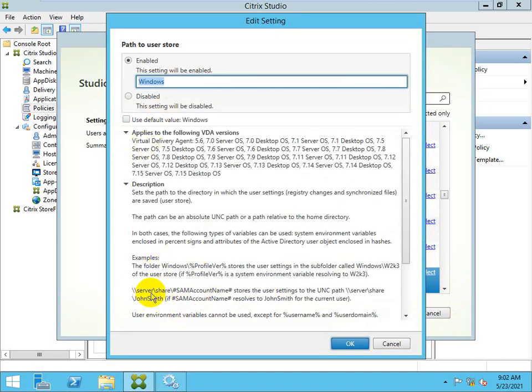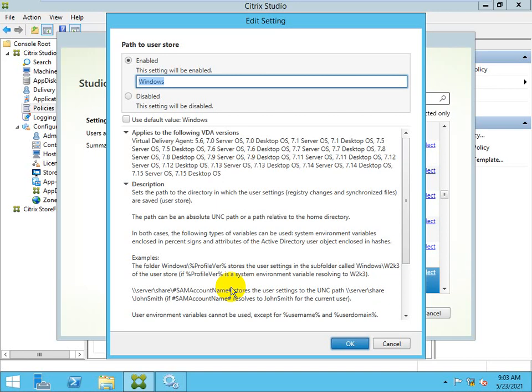Then the server share hash, SAM account name hash. Once you put this, like SAM account name hash, whenever a new user logs in with their ID, the profile will automatically be created with their name.